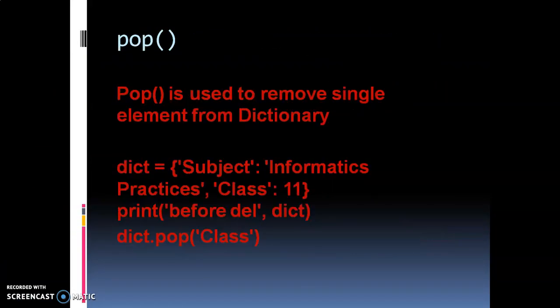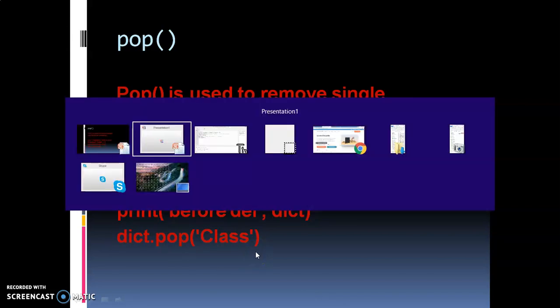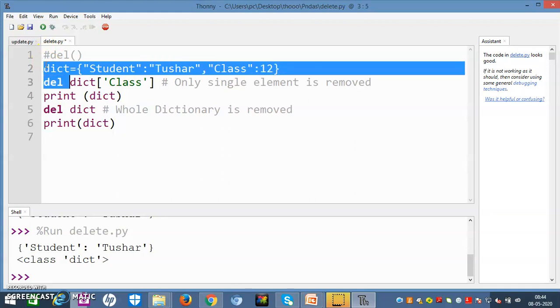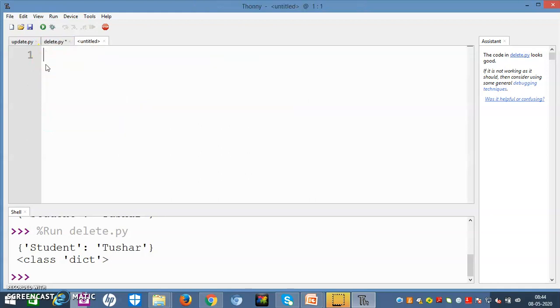Now the next method, pop. The pop method is used to remove a single element from a dictionary, not the whole. So in this way it is written: dict.pop class. So I will just implement it for you on Thorny. Okay, I will just copy the dictionary so I don't have to create it again and again. I will paste it. Now how to write it: dict.pop.